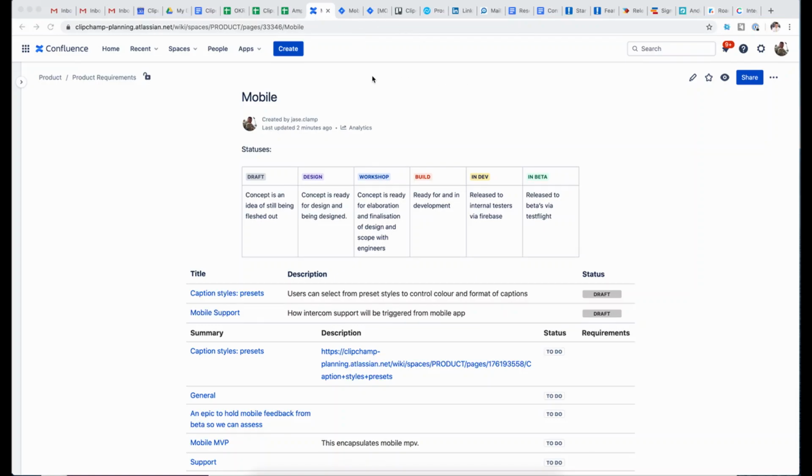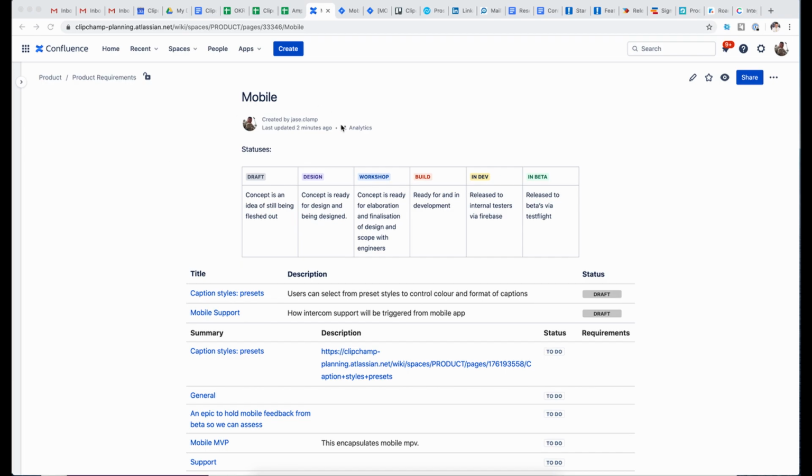I thought I would just go ahead and record this journey I've been on to try and achieve something that lets me show a roadmap to stakeholders, lets those stakeholders click directly into the thing to see the details on the thing, and also lets engineers and designers interact with the process, right? So we use Jira and Confluence at